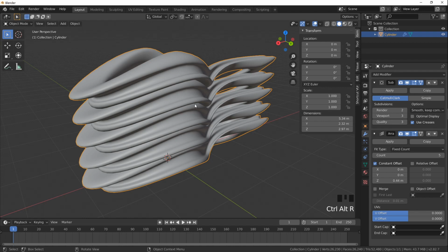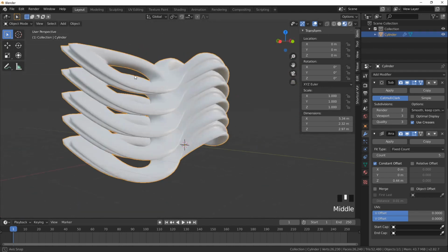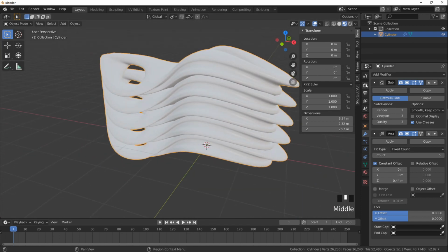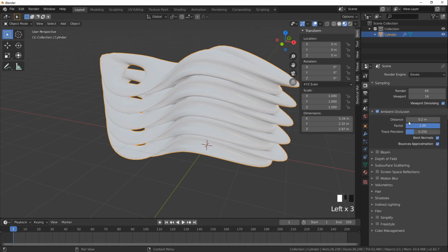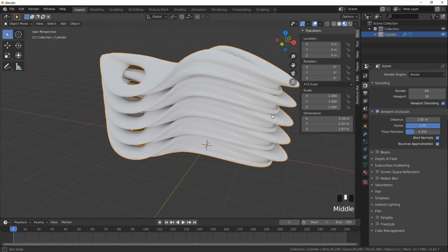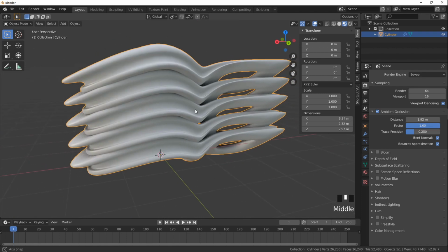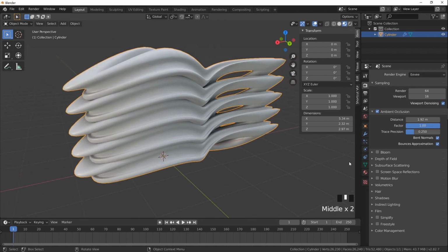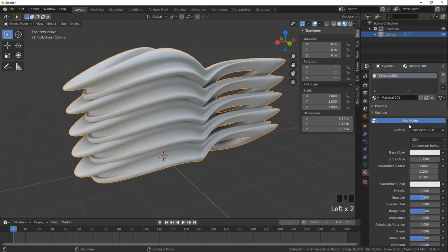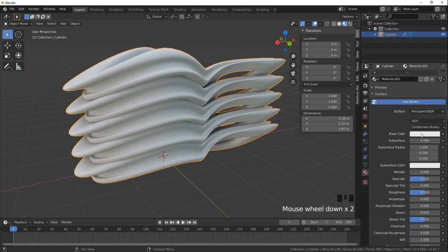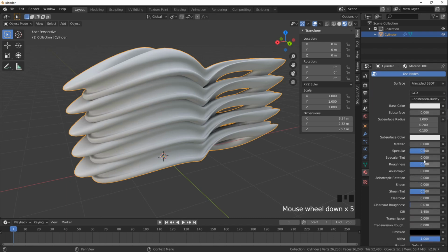Blender is also nice for visualization, so we can, for example, go to Material Preview, and in the render properties we can activate some ambient occlusion and increase the distance factor, so you can make it a bit more realistic. And we can also play with the material of this object, going here to materials, creating a new material for this object, and this material is the principal shader that allows to create basically most of the material that you can create. So your object can be, for example, metallic,